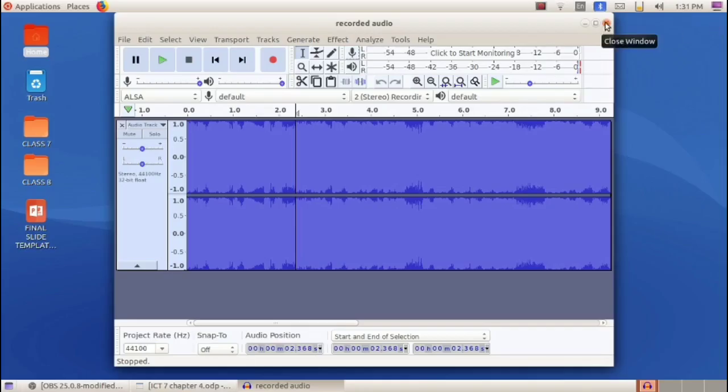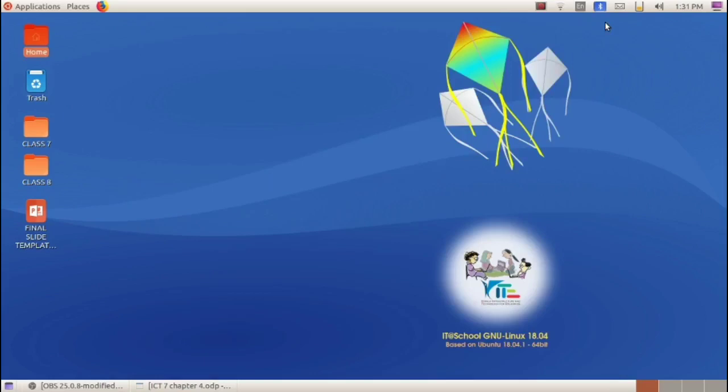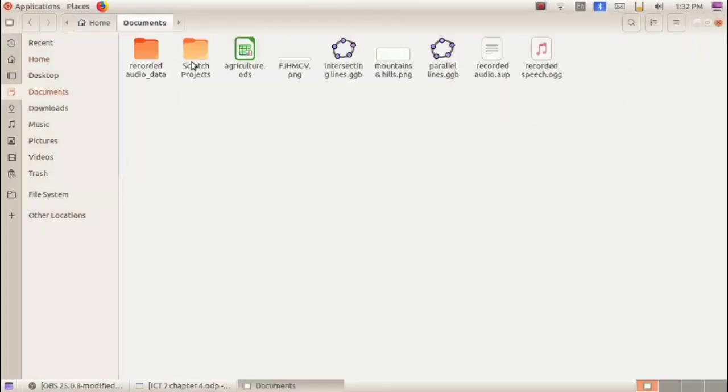So let's close this window. We have exported that audio in documents folder in home folder. So let's open that. Home folder, documents folder. Here see, we can see recorded speech.ogg. This is the audio that we have exported or converted just now.